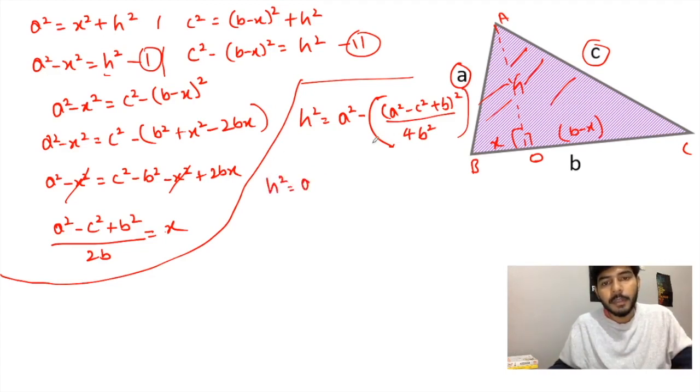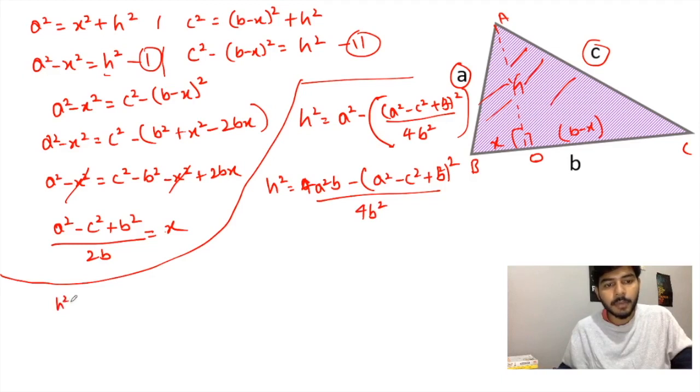इक्वल टू, ये एलसीएम अगर ले यहाँ पे तो क्या यहाँ पे 4A स्क्वायर B स्क्वायर आ जाएगा, और माइनस यहाँ पे अभी भी ये फॉर्मूला यहाँ पे रखा हुआ है, ये स्क्वायर है यहाँ पे होल स्क्वायर यहाँ पे लिखा हुआ है, और डिनोमिनेटर में 4B स्क्वायर है। इस चीज़ को अगर मैं यहाँ पे लिखूँ कि h स्क्वायर इज इक्वल टू, क्या मैं 2AB का होल स्क्वायर लिख सकता हूँ, और यहाँ पे तो ये स्क्वायर है ही, यहाँ कुछ चेंज किया नहीं हमने, अभी भी इसे डिस्टर्ब नहीं किया हुआ है, और नीचे 4B स्क्वायर है।